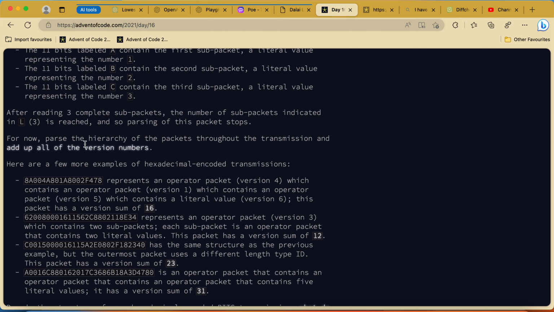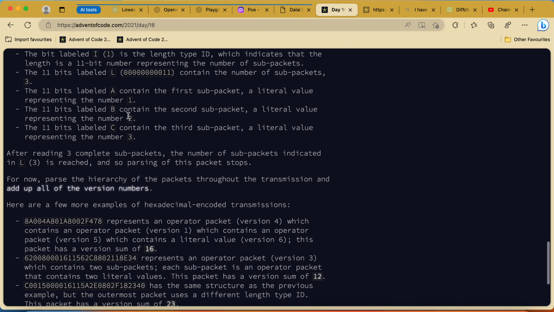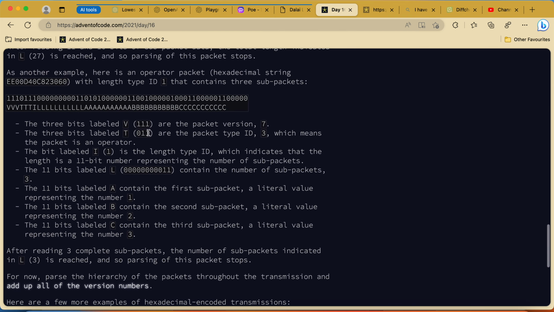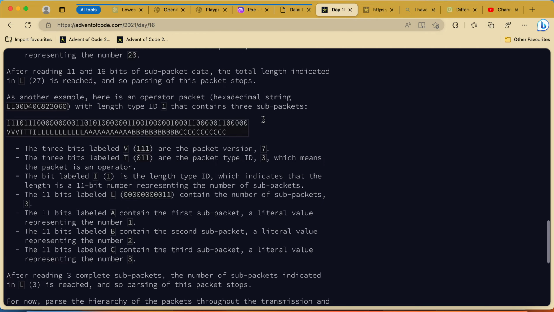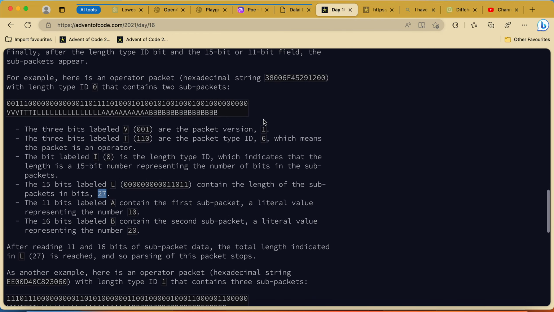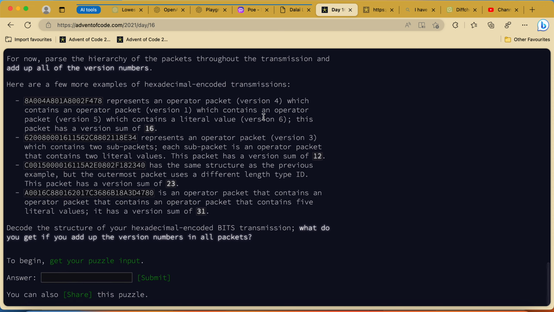For now, parse the hierarchy of packets throughout the transmission and add up all the version numbers. Okay, we need to simply get this version 7, version 1 and so on, and we need to add these numbers.